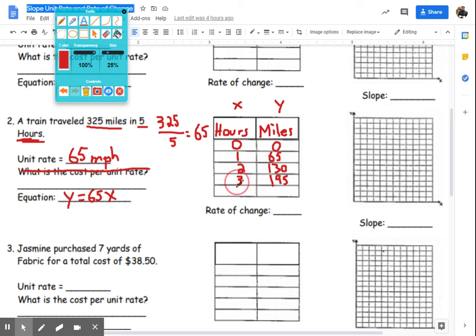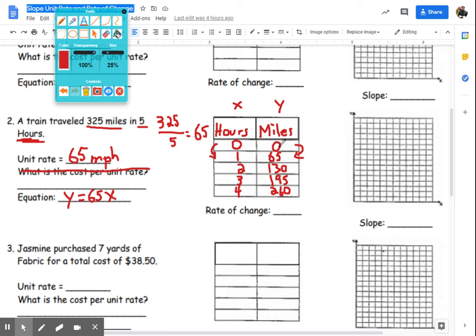All right, and then let's do 4. So after 4 hours, again, if I take that 4, multiply it by my unit rate of 65, we get 260. So let's find rate of change. Again, rate of change, I'm looking at the change in my y and dividing it by the change in my